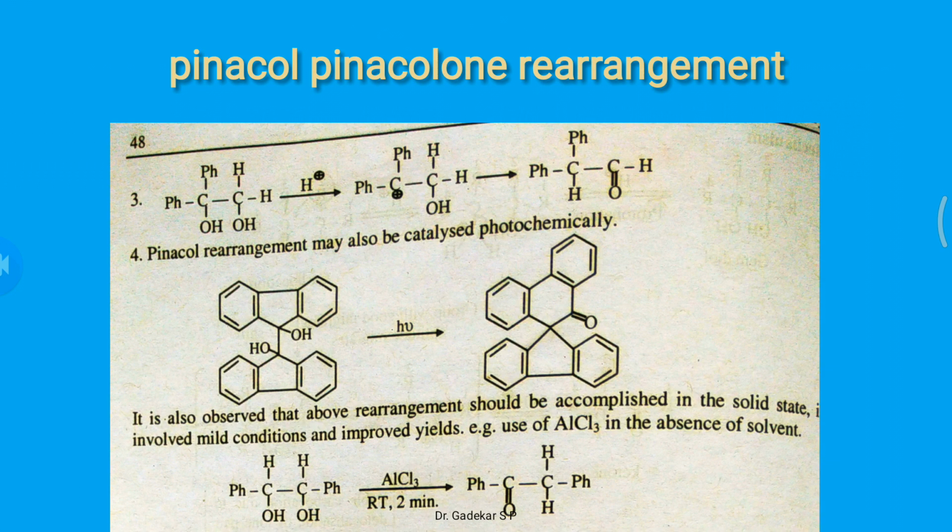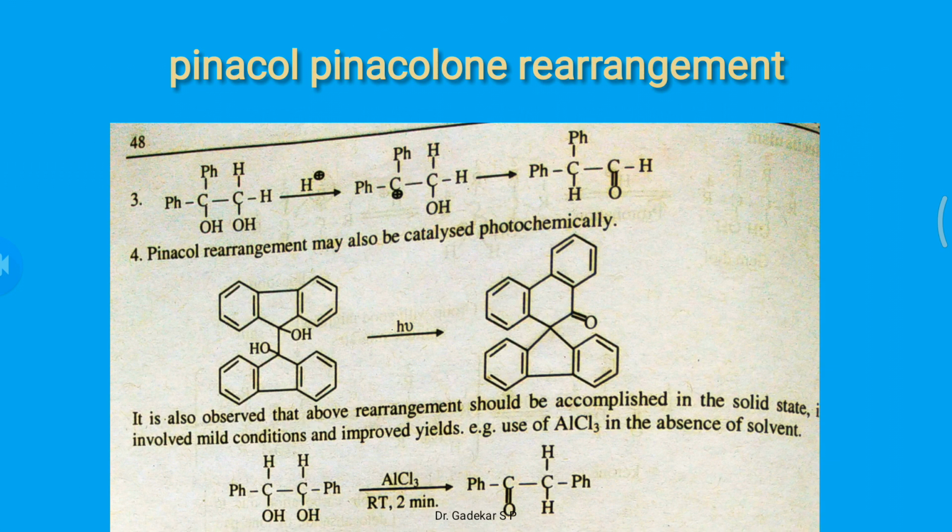Fourth example, this diol reacts with acid in the presence of ultraviolet light to form a spiro compound. Okay, a spiroketo compound. And lastly, same, one group is phenyl and another group is hydrogen. Okay, so at that time hydrogen migrates. Okay, it is also observed that the above rearrangement can be accomplished in the solid state,